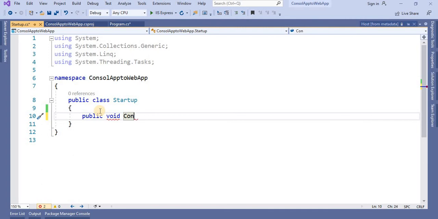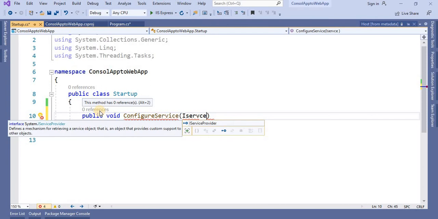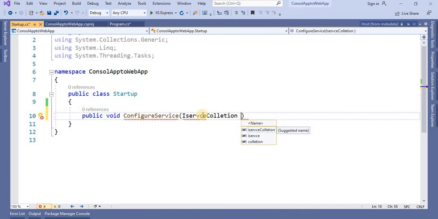This class is basically called a middleware class, and we will talk about it briefly in the coming video. As of now, let's see what things are required to convert this console application into a web application. So ConfigureServices takes the interface IServiceCollection. So let's give this IServiceCollection, and let's take the variable name as services. I'm going to add the namespace for this one.